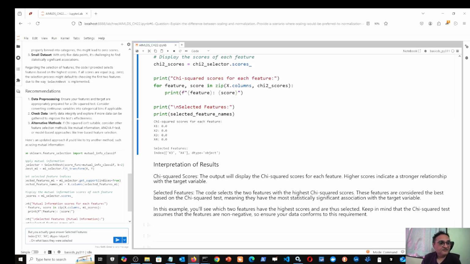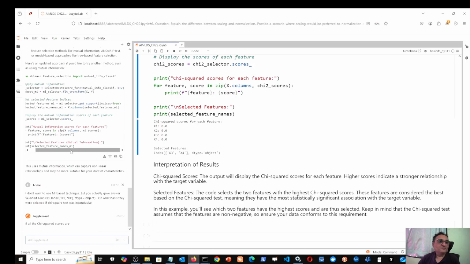Selected if the chi-square test was inconclusive. So here, of course, I should write that I don't want to use the MI based, mutual information based technique. Instead, I am sticking to that chi-square test and I am further drilling you, right? So